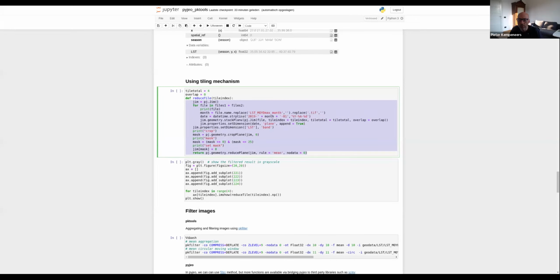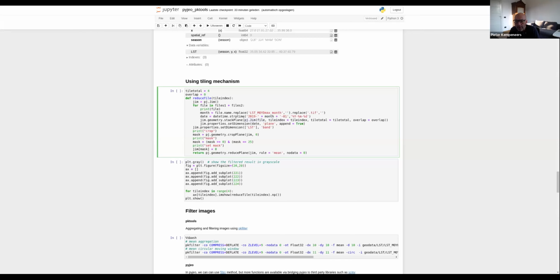Actually, this is just a plain copy of the things we had before, but we are making a function with the def reduce tile, giving as a parameter a tile index. And we have a tile total of 4 and an overlap of 0, meaning that instead of opening our image entirely, which would have been this only,